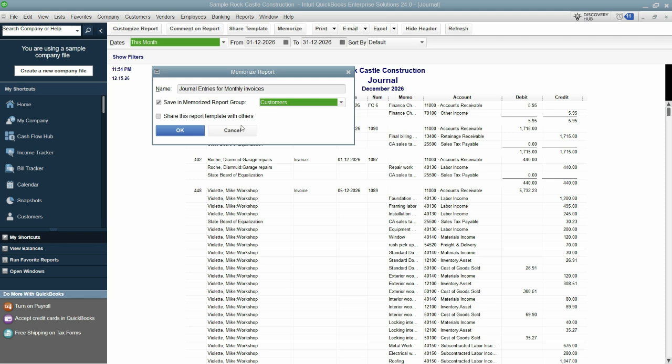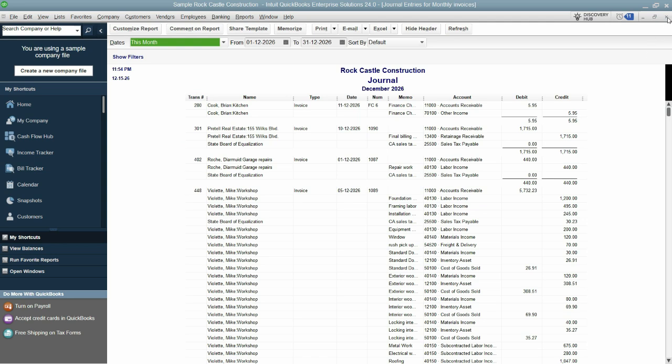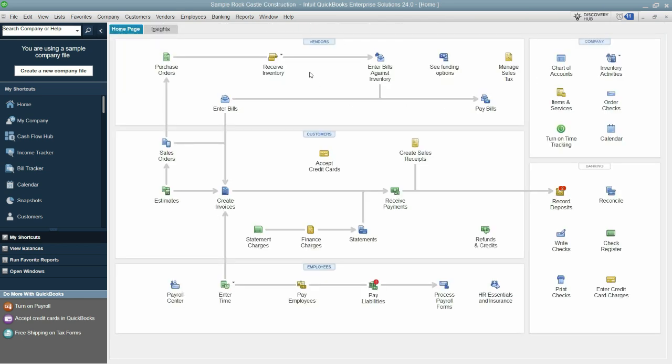They like your customization and you want to share it. You can just share this and it will be downloaded as a template. So right now, I will just save it as a report group and click OK. And if I close this, now if I want to see this monthly report, I can just go to the